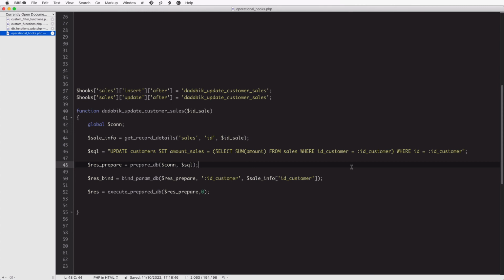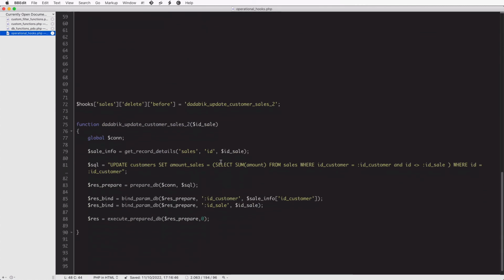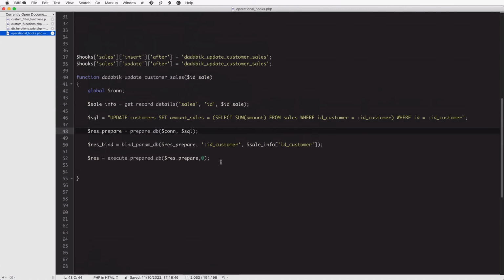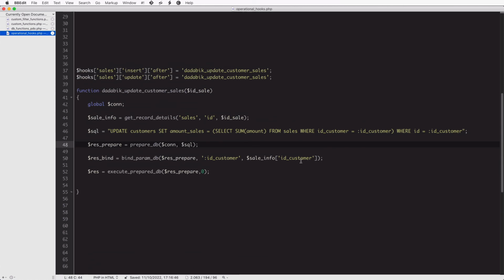So I think it's pretty obvious that we have to update this value even when you delete a sale, right? However, instead of an after delete hook, we need a before delete hook. Why? Because after the deletion, the record is gone, so we cannot take the information we need, which is the ID of the customer.